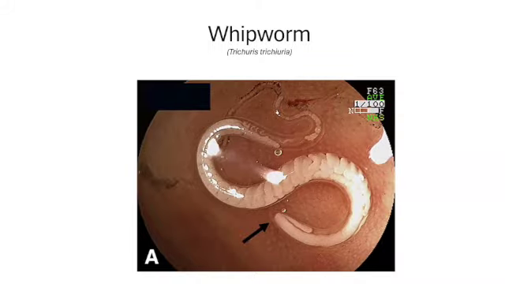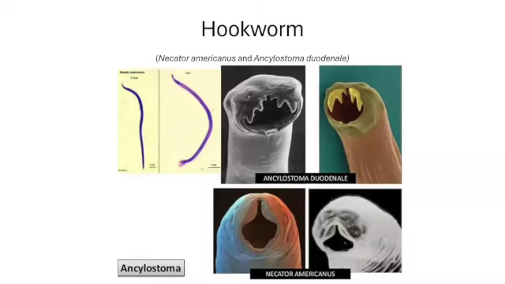Okay, so there's whipworm. Ooh, and here's some little beasties, hookworms. And once again, I've included these because the eggs come out the lower end and find their way into soil and find their way into the food chain, and hence back into animals or people, back into the host.